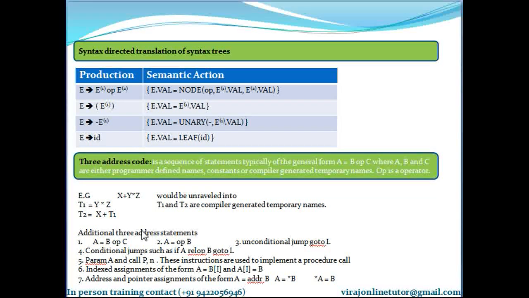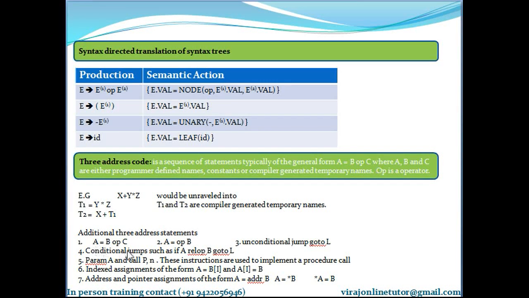So t1 and t2 are two compiler generated names. These are the additional three address statements.